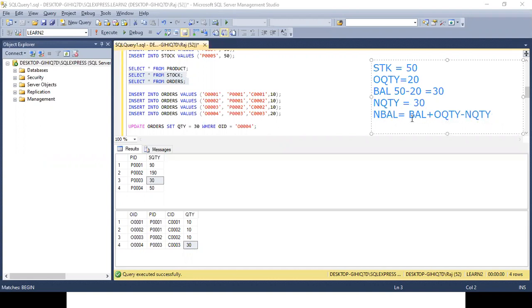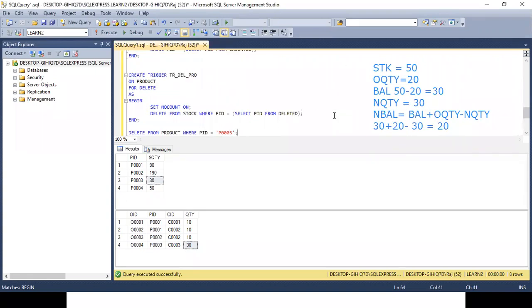That is, balance was 30 plus old quantity was 20, that is 50, minus new quantity 30. Yeah, it should be 20, right? So this logic we will be implementing in our trigger.